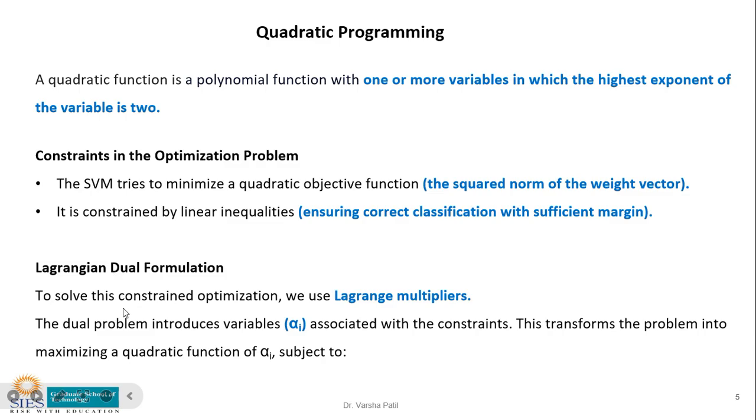Lagrangian dual formulation. To solve this constraint optimization, we use Lagrange's multiplier. The dual problem introduces variable alpha associated with the constraint. This transforms the problem into maximizing a quadratic function of alpha subject to